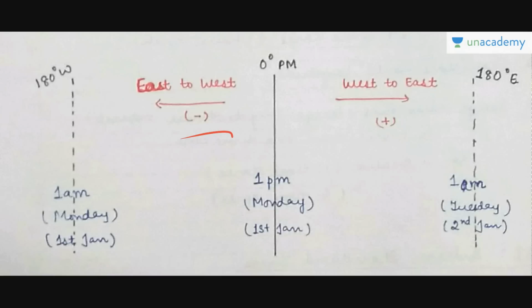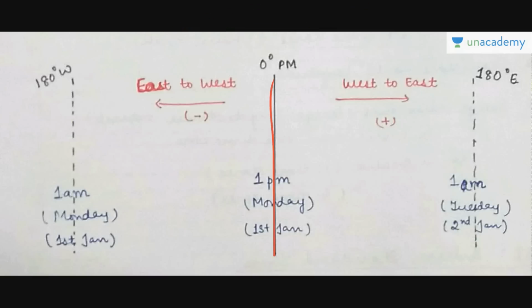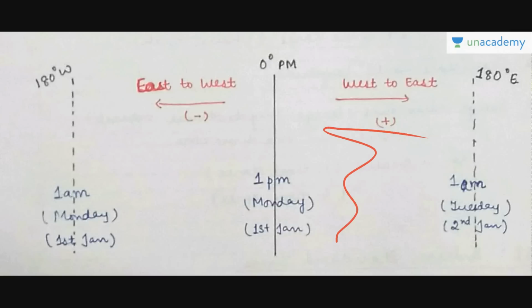So you will have to understand that this is a circle, like a globe or a sphere, and this is the front and this is at the back. So this 180 degrees is the back, and the area between this and this is actually the western side of this line. So when we move from west to east, it means that we are moving from here to here, right? This is the west. So you will have to consider that. Please try to imagine and then understand accordingly.